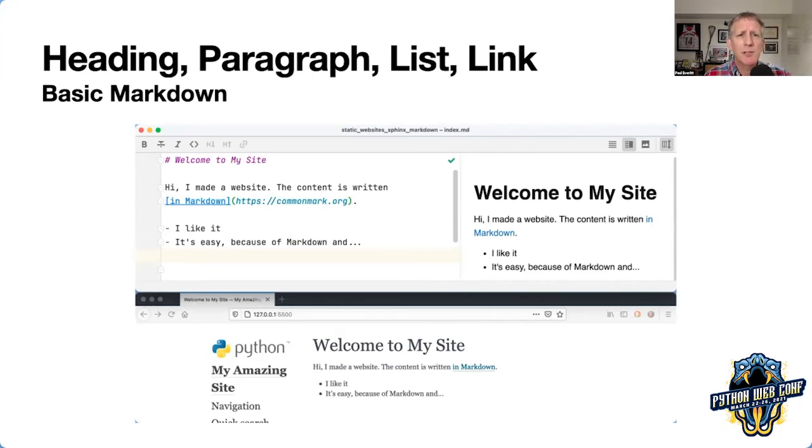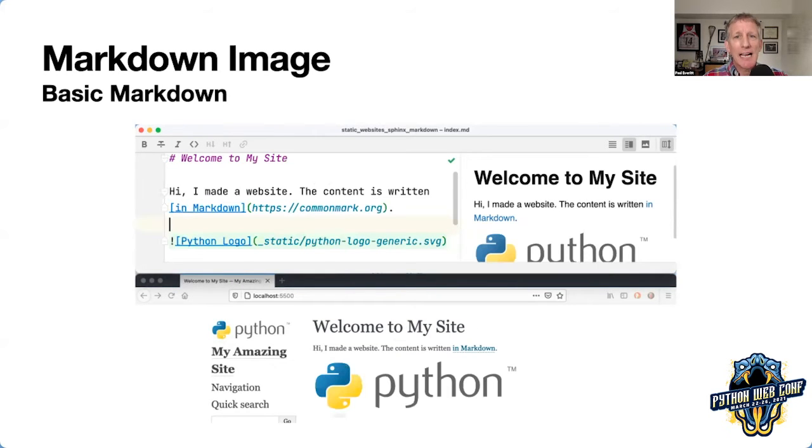If I want to put in an image, it's about what you would expect. You put in an image and you point at it. Now, I say it's about what you would expect. I've already gone into this cool world of MyST and Sphinx because I'm pointing at a local file and Sphinx is going to copy it to the output and possibly run it through Pillow and do some optimizations on it.